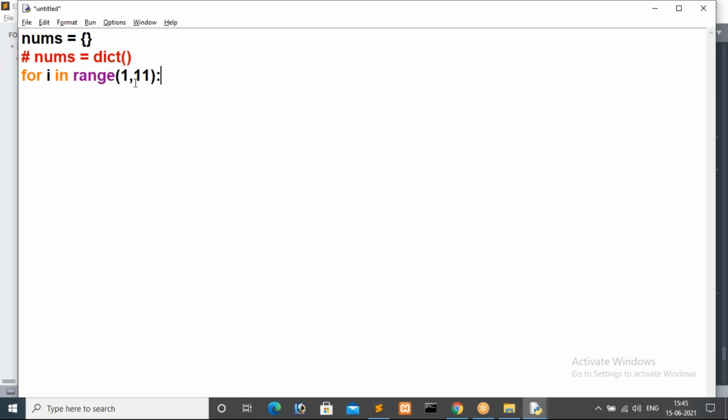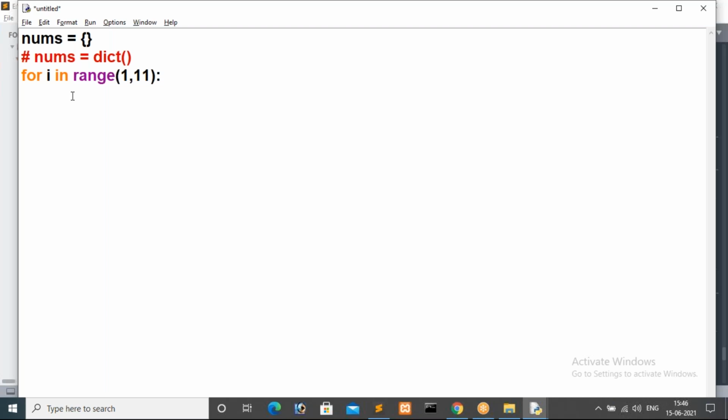That means in this case, please tell me how many keys it will create, guys. Now I'm generating an iterating loop, range of 1 comma 11. In this case, how many keys can we generate? Absolutely, 10 keys we can generate. 1, 2, 3 up to 10 values will be generated. Now I want to make a dictionary, right? So first I want to make the iteration value the key, that is i as a key, then i power, the power of i, as the value for that key.